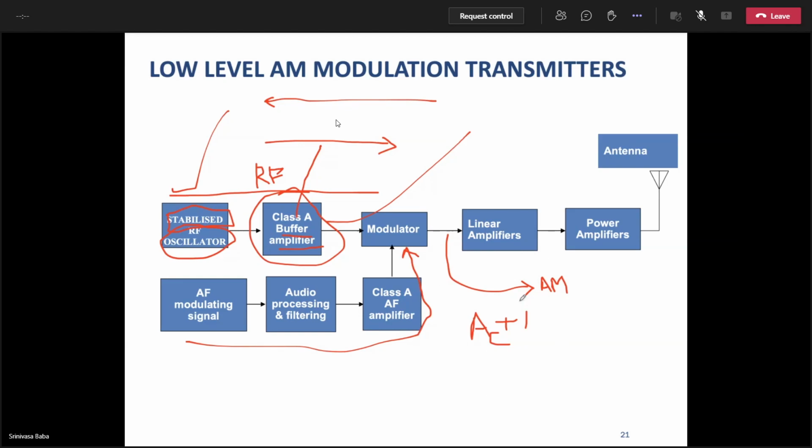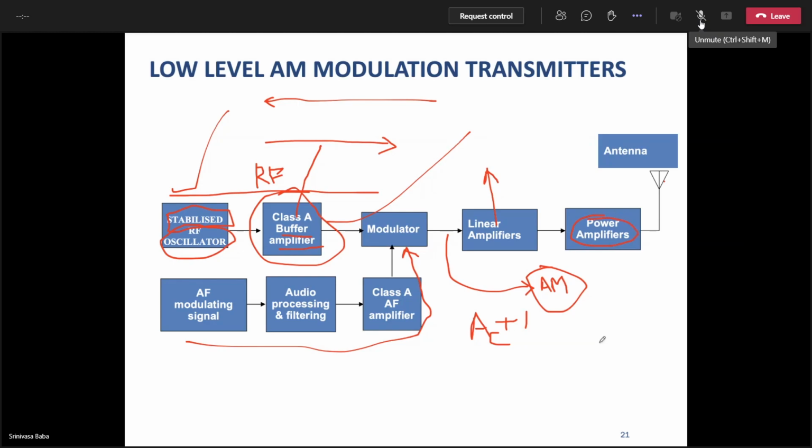So you have an amplitude modulated signal at the output of the modulator, and then that is applied to linear amplifiers. Just now we have seen the various linear amplifiers. Can you give me examples of various linear amplifiers? Class A, Class B and Class AB are the linear amplifiers. Here you will use one of these, and then again, if the power required to operate an antenna is not sufficient, then we will increase the power by a chain of such power amplifiers.